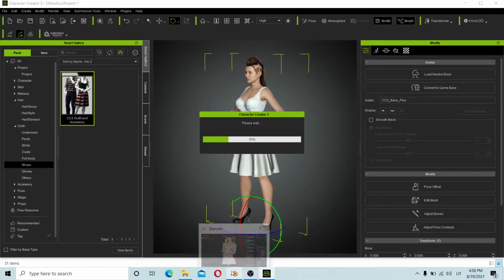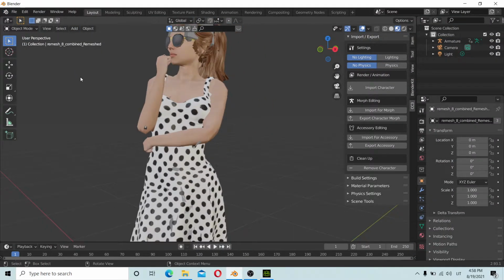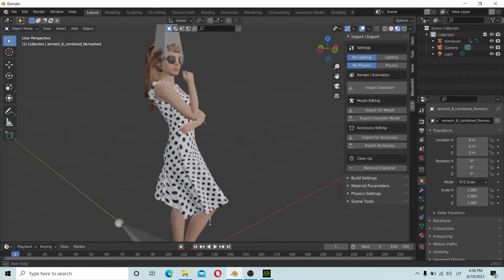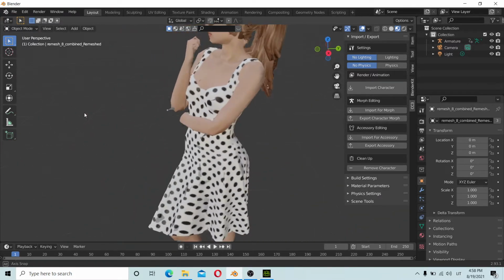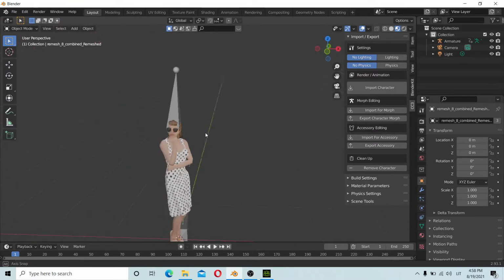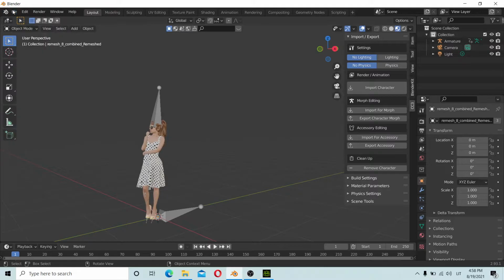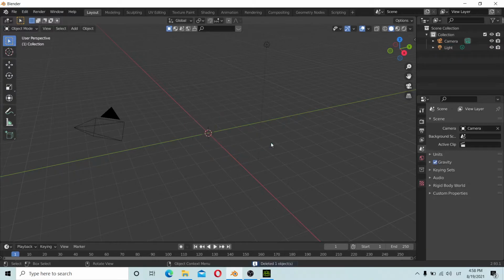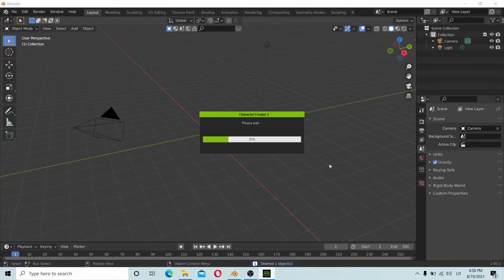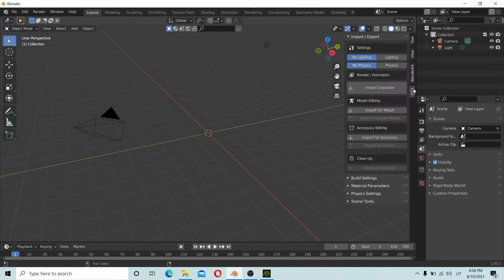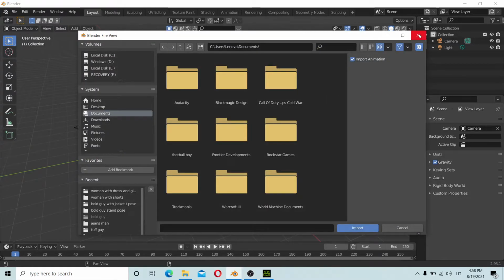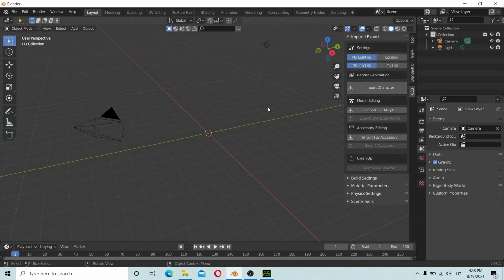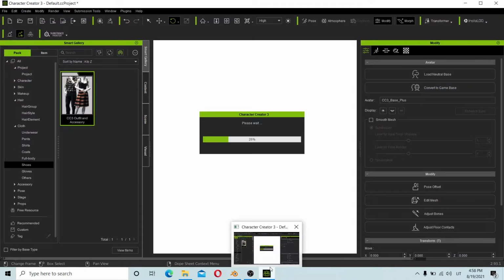Alright, so meanwhile, oh, I have another model here, it is also low poly, as you can see. Another girl, but let's try to open a new window and select the cube. Also, I have the CC3 add-on. It is a very easy way to import characters. Just click import character and find the character which you want to import,